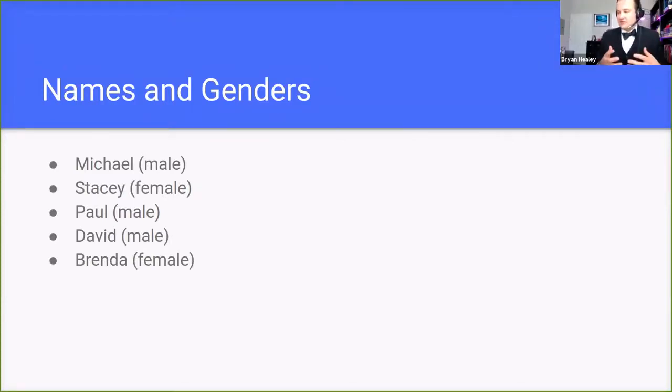Imagine trying to identify genders from names. We have a bunch of sample names and we can assign values to them. There's a reason why I use this example too, which I'm going to get to in another slide, and you'll see why in a minute.